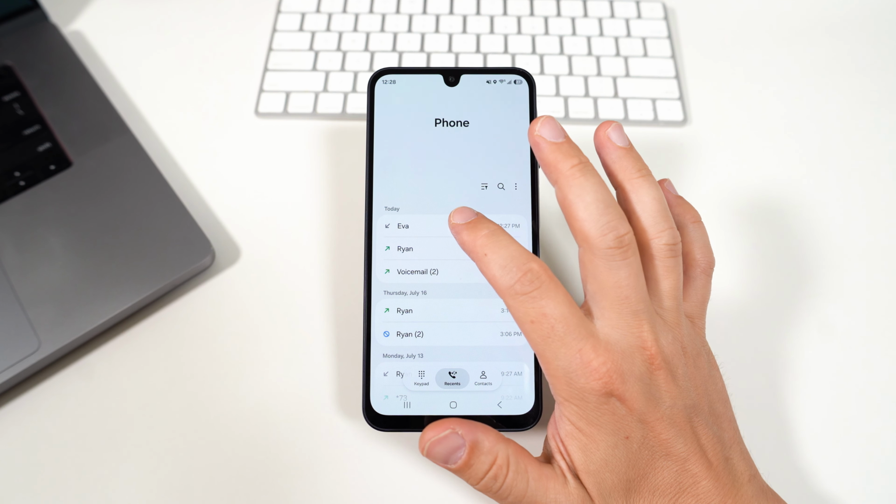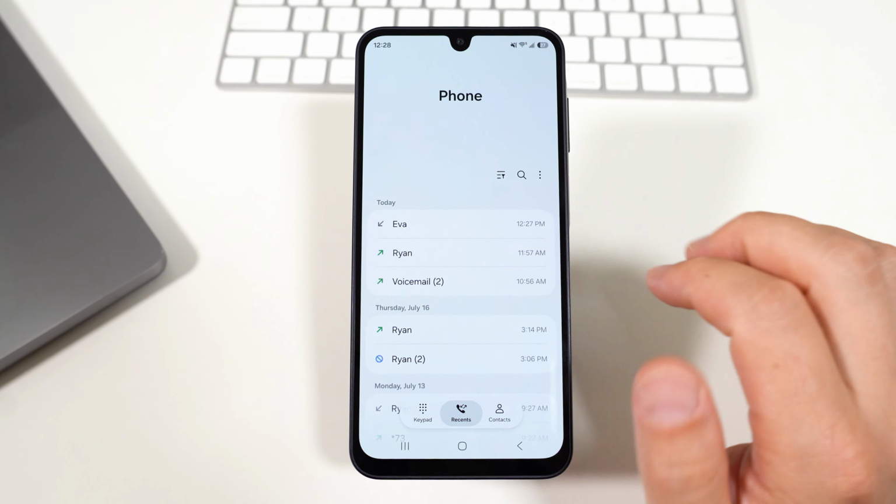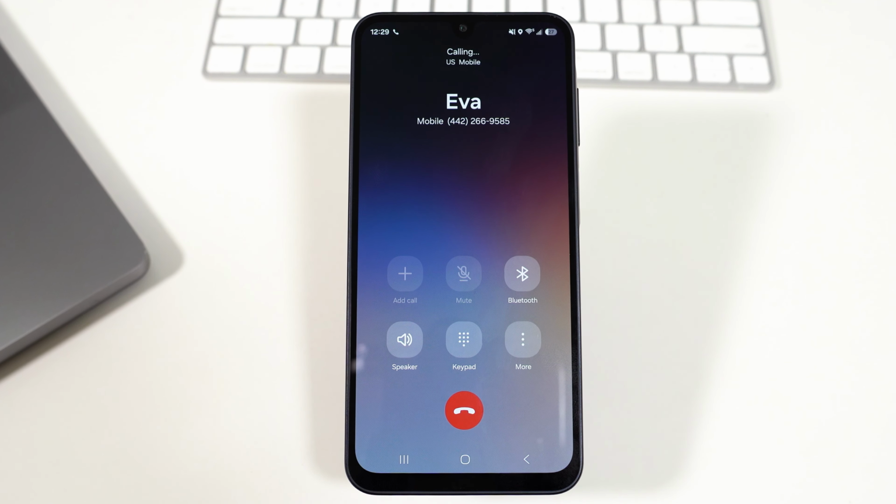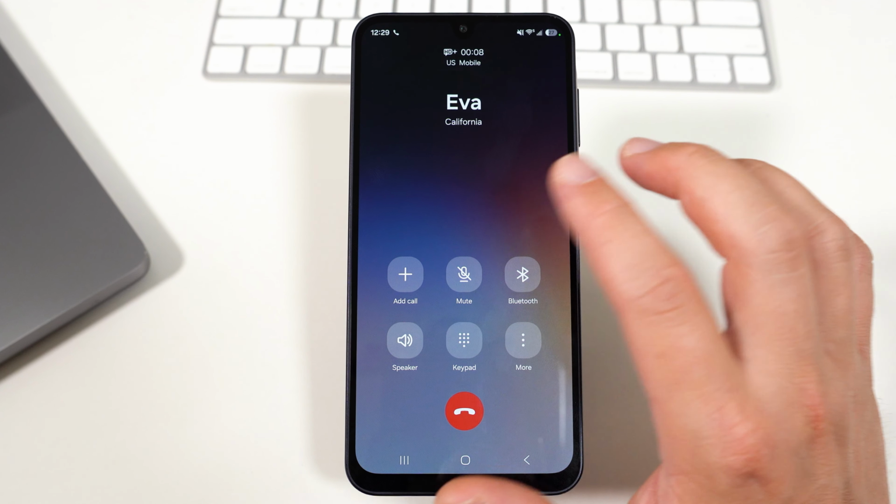All right, here's how you add a person to an ongoing call on Android. First, we're going to connect the call. I'm going to call Eva, and once that connects, we can add someone else to it. So once you have one phone call going and you want to add someone else to that call, what you're